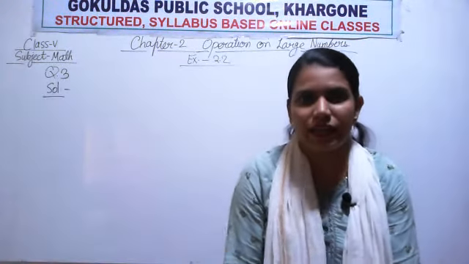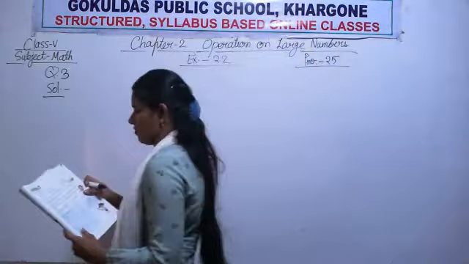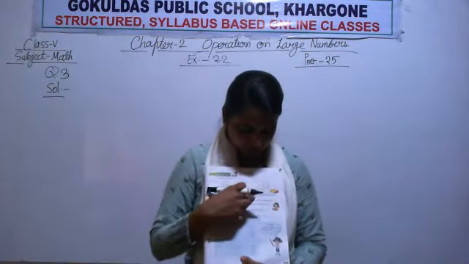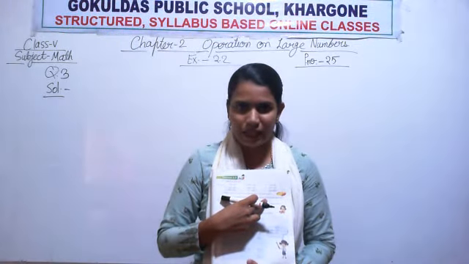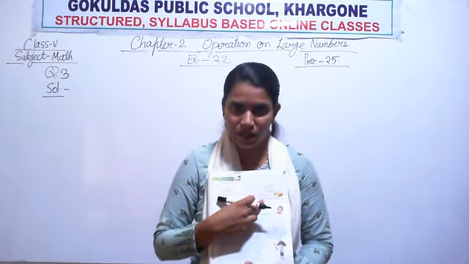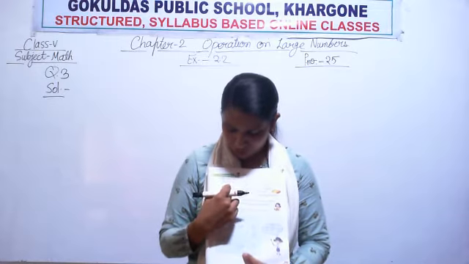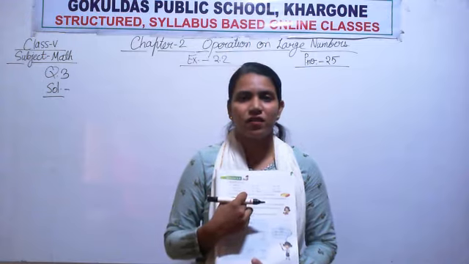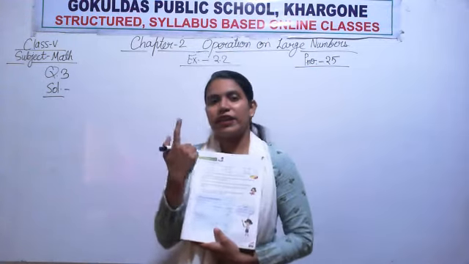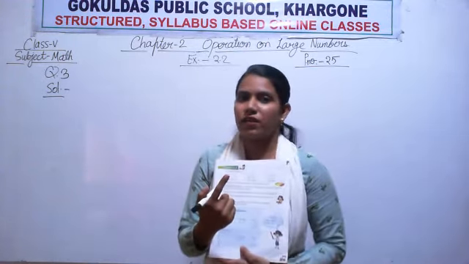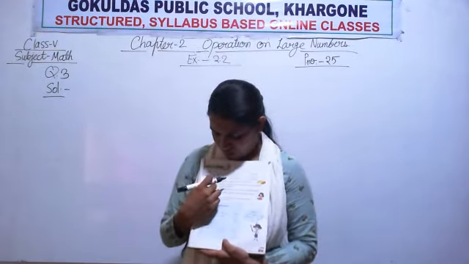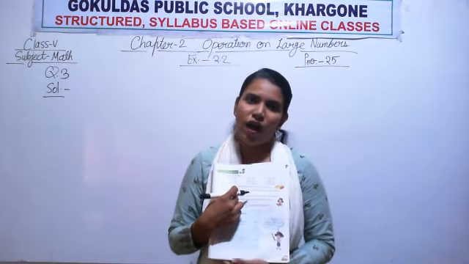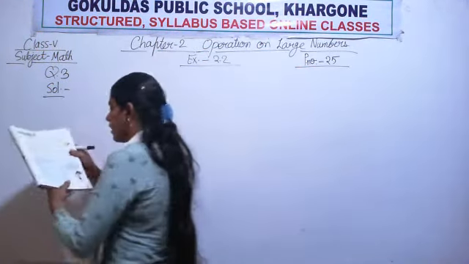From 152 students, how much will they collect? See here again, for one student they have given the collection, that is 125 rupees. So from 152 students, what will be the collection? So here again the data for one student is given and they have asked for 152 students. So here again you have to perform multiplication. So let us start doing this.